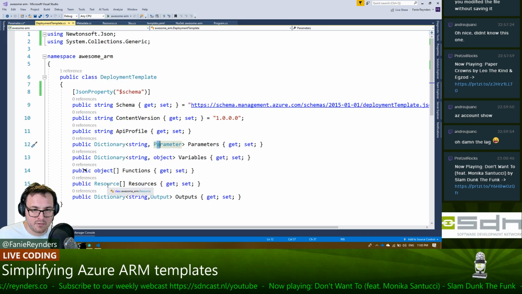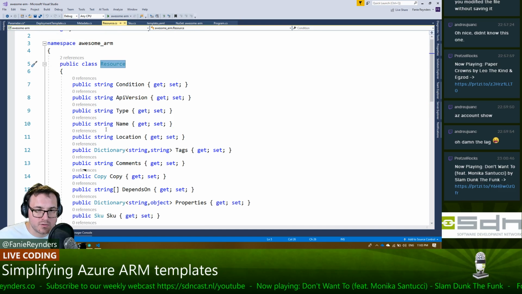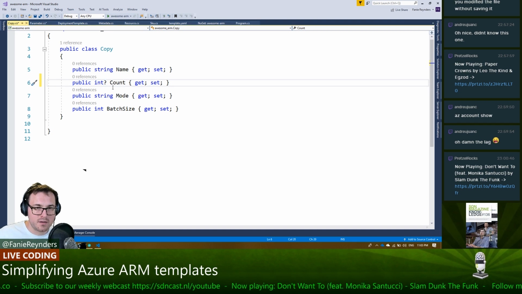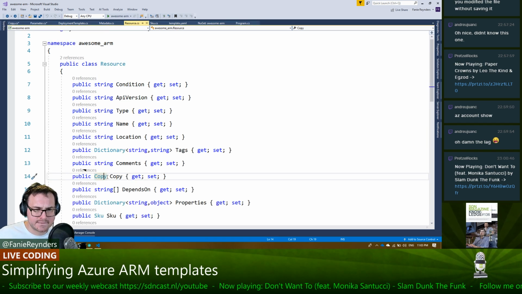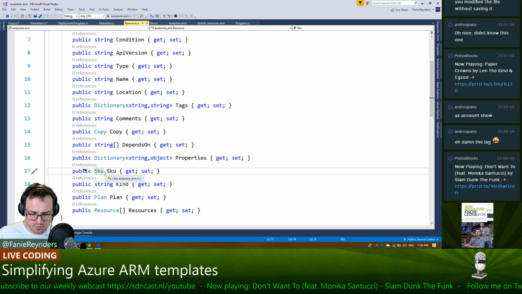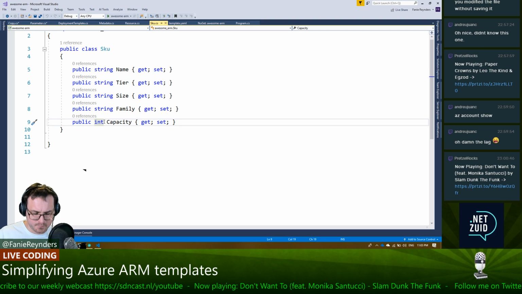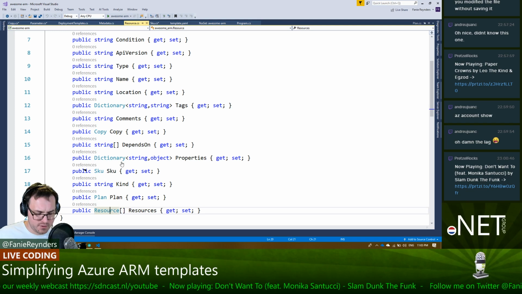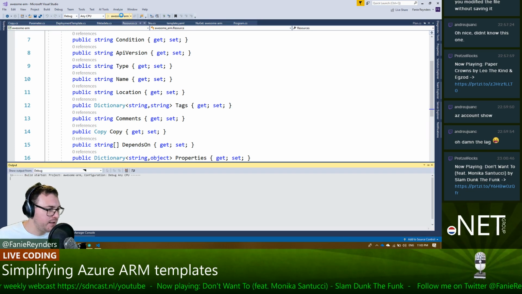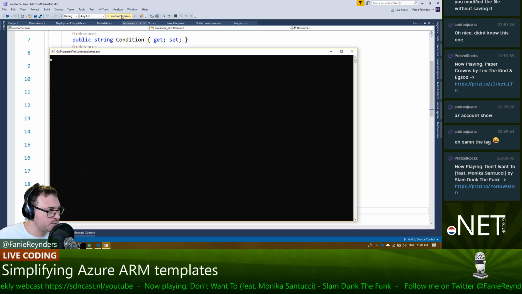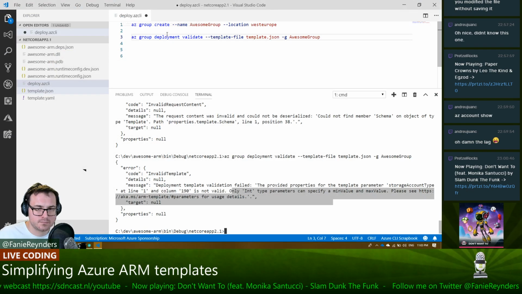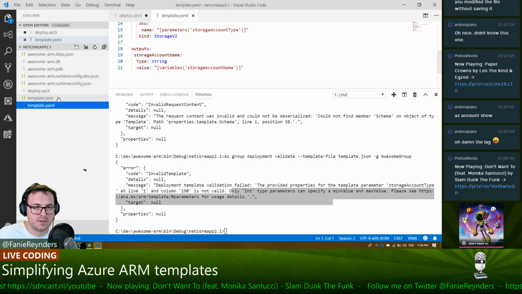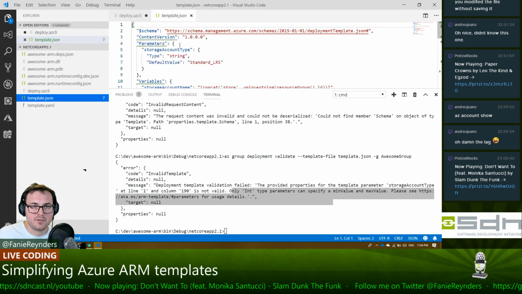and we'll have a resource that has a copy. Does that also have int? Let's make that nullable. Go back. Sku, what's that? Capacity. Plan and resource. Alright, so now technically, when I run this now, it should still have all the values in JSON, except, oh, there's actually